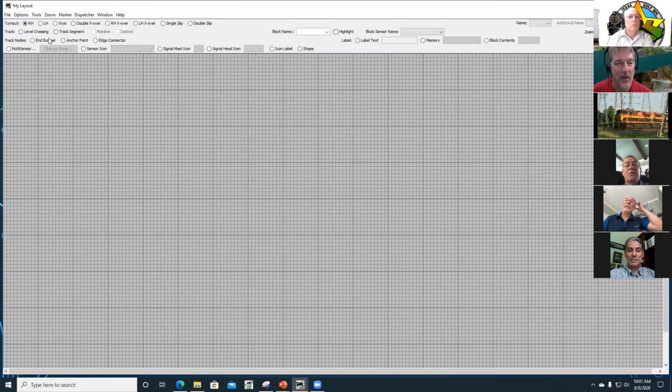If you want to go to track, you can show a track segment. You can put a signal mast up there. We'll be doing that later. And you can also put text labels up there. So with a turnout, let's go ahead and put a right-hand turnout. So what you do is click on here, and you do a shift left click on here, and your turnout